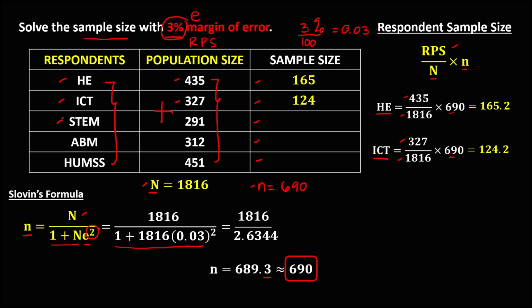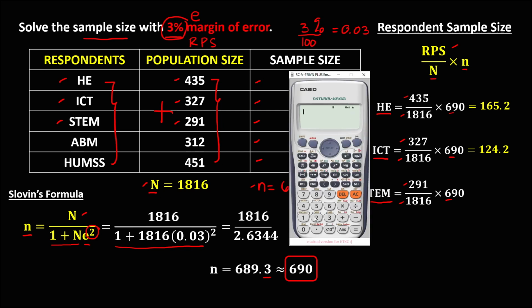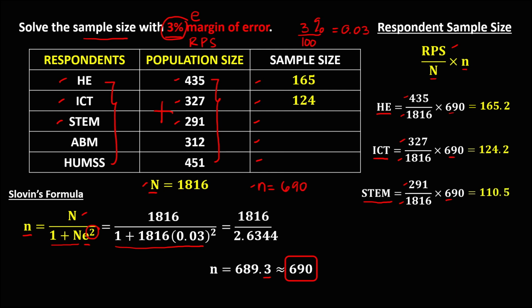Then for this respondent for STEM, the respondent population size is 291. So we have 291 divided by 1816, then times 690. So that's 110.5, or this is equal to